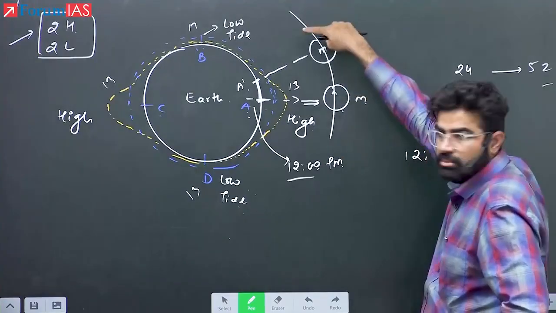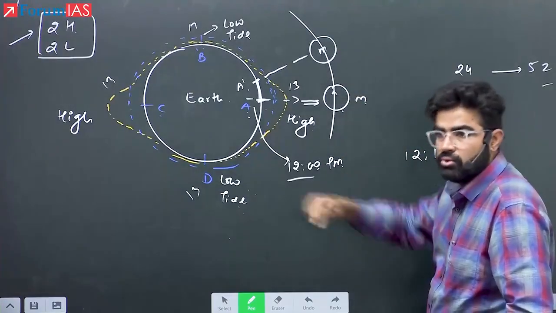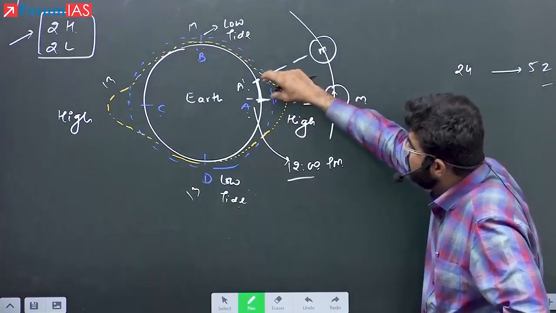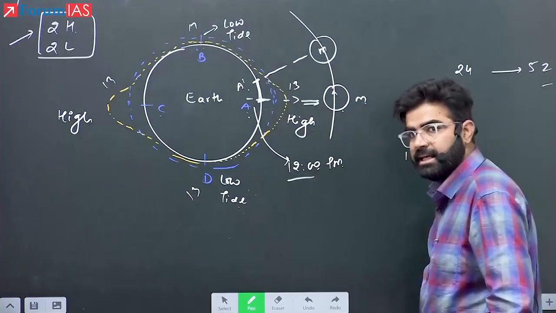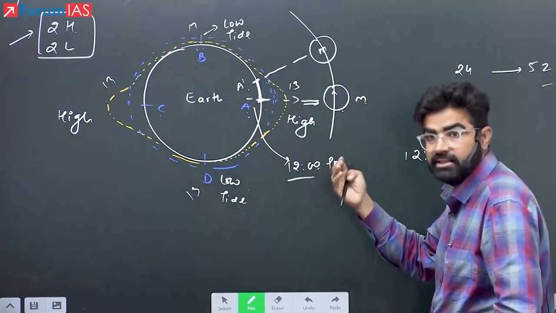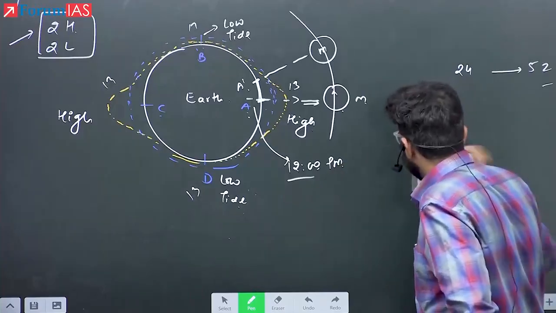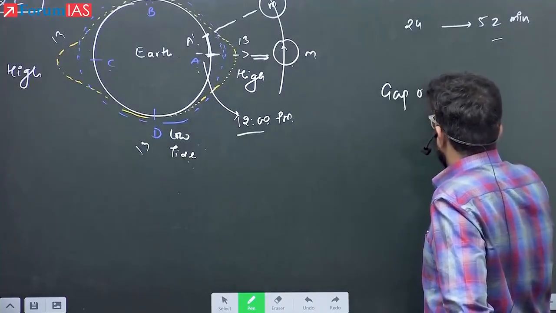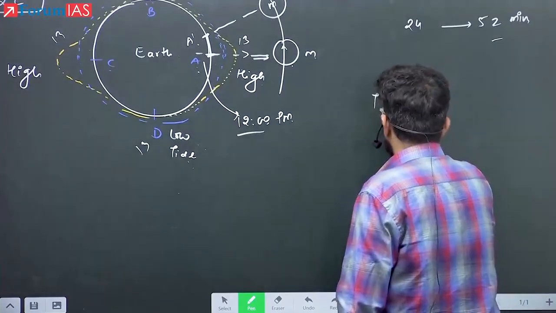Why? Because of this position. Because the moon is revolving faster. And the same gap will be covered by the earth in 52 minutes. So these areas will come under the same high tide after 13 minutes. So ideally, can I say there would be a gap of, or the tides will